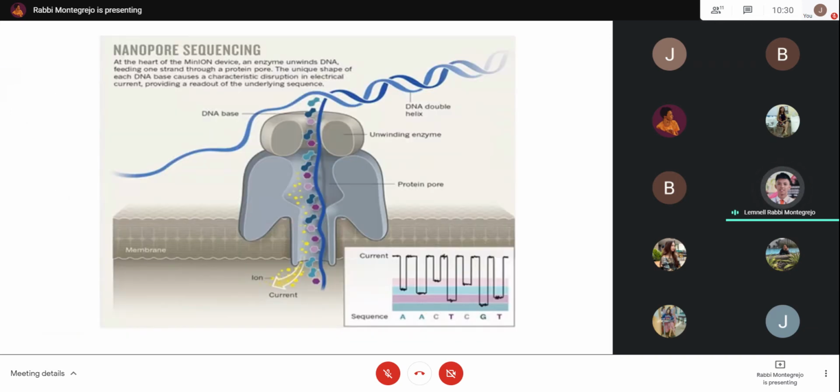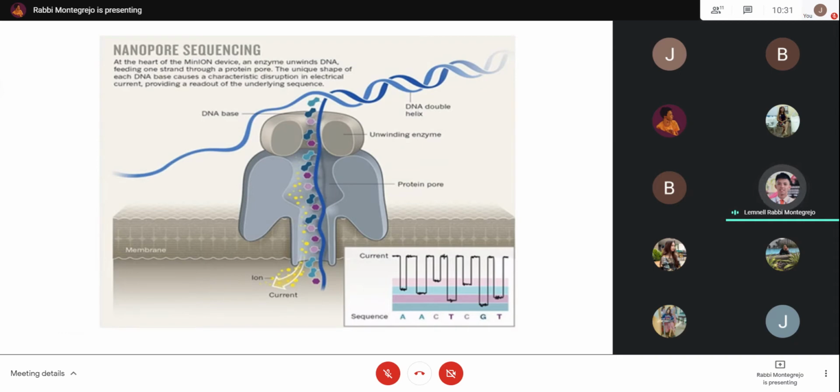The resulting signal is decoded to provide the specific DNA or RNA sequence. This is a protein nanopore, inspired by the nanopores that exist on the plasma membranes of cells. An enzyme unwinds the DNA, and one of the strands goes into the pore,